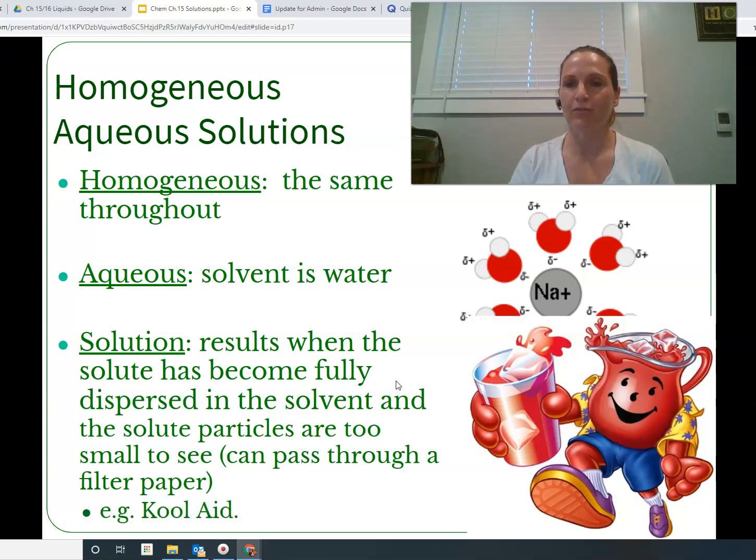Okay, Kool-Aid is a perfect way to think about this. If you make a solution of Kool-Aid and you really stir it up until it gets completely dissolved, it will be the same throughout. It used water as the solvent, and that solution, if you were to pour it through a coffee filter, say, you would expect that the entire solution, the solute and the solvent, they would both come through the filter paper. And so that's the indication that it is a homogeneous aqueous solution, which is an important